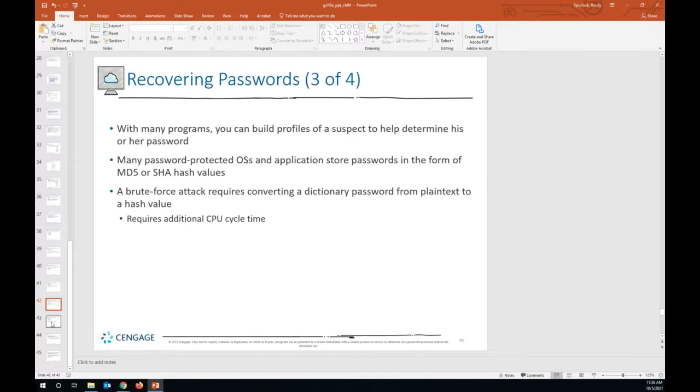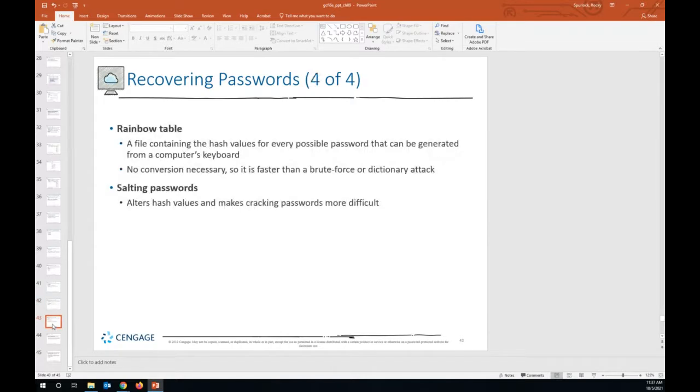Many password protected operating systems and applications store their passwords in the form of MD5 or SHA hash values. The brute force attacks are going to require converting a dictionary password from plain text to a hash value, and this does require additional CPU cycle time. A rainbow table is a file that contains the hash value for every possible password that can be generated from a